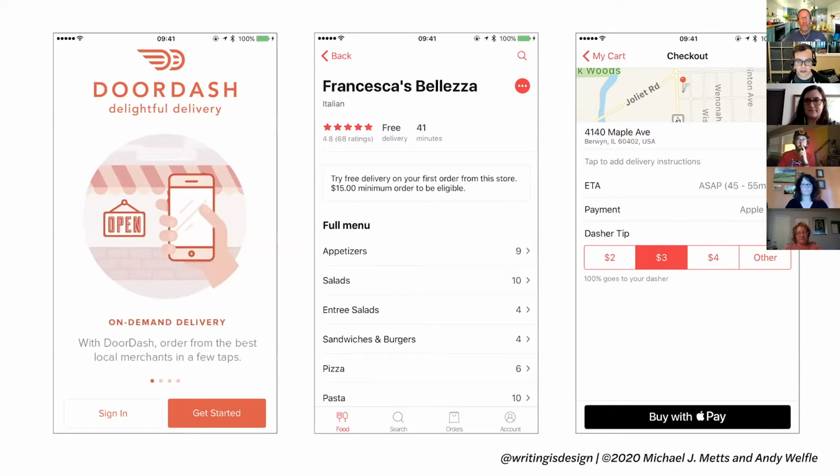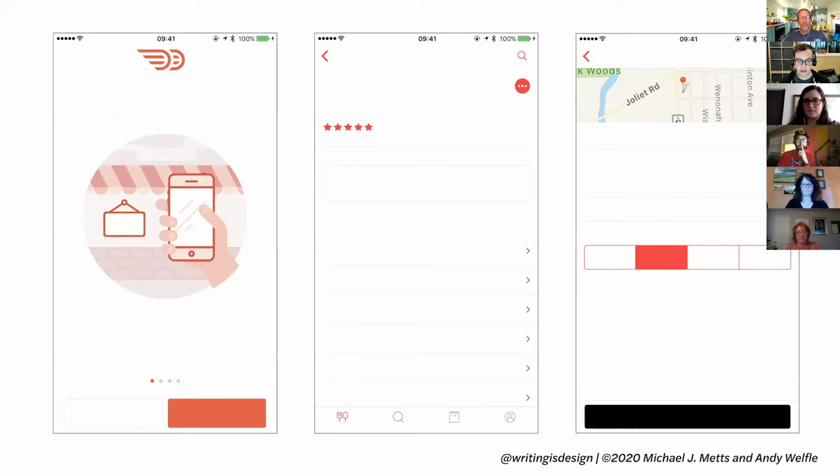And all you have to do is take out all the words. You can see that in this experience and in many others, this app is suddenly just unusable without the words. There's an illustration on the first page of what this thing does. Maybe there is on the second screen here. You have icons at the bottom that represent your architecture, your taxonomy. But it's not super clear what these things are. And the third screen, there's a map and maybe some buttons, but we're not sure what those do. So this just goes to show that without words, apps and digital experiences would be unusable.